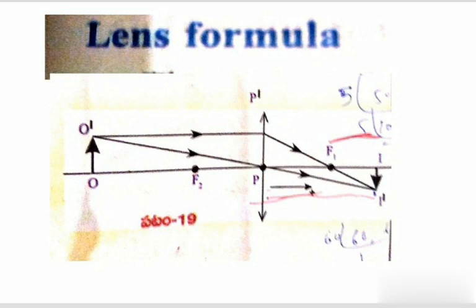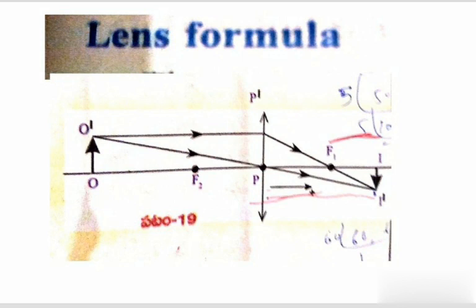The ray traveling parallel to the principal axis falls on the lens, undergoes refraction, and the refracted ray passes through the focal point F1 as shown in figure 19. Next, to locate the point of image I dash for the object point O dash, consider another ray, which passes through the optic center P.